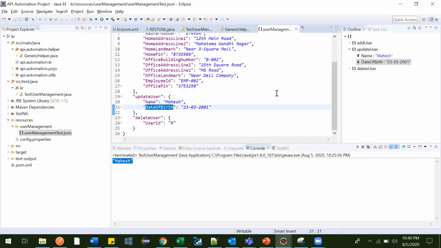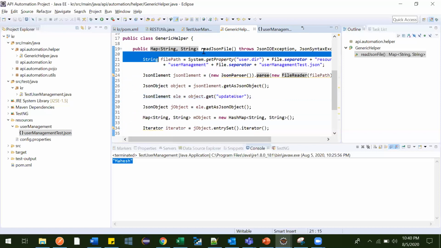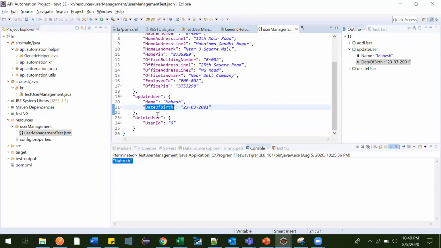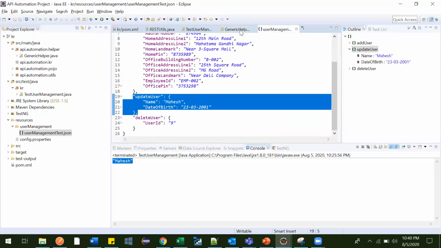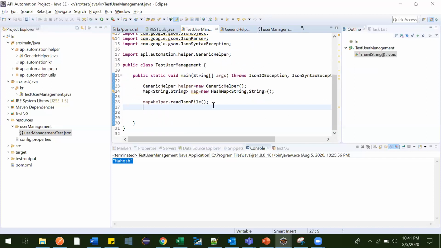So let me print date of birth. Based on whatever input is there inside this readJSONFile, it will return this value. Let me show you that. So this is what readJSONFile does, and the value came in the map.